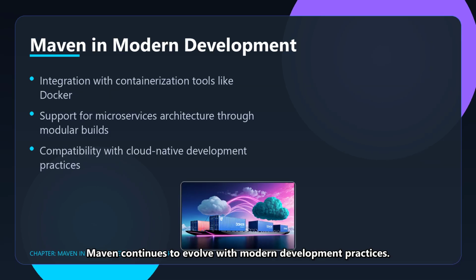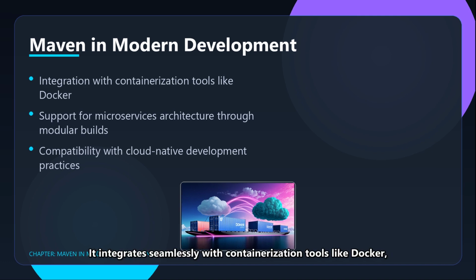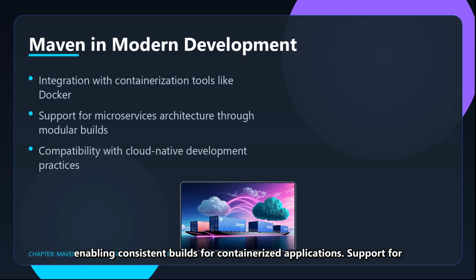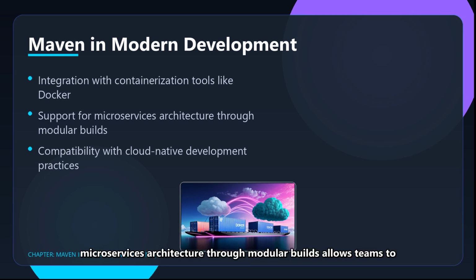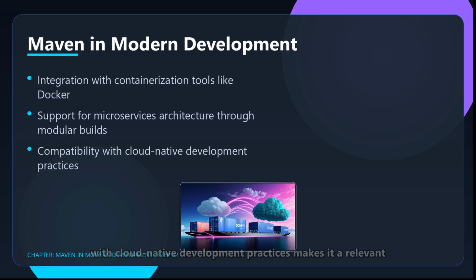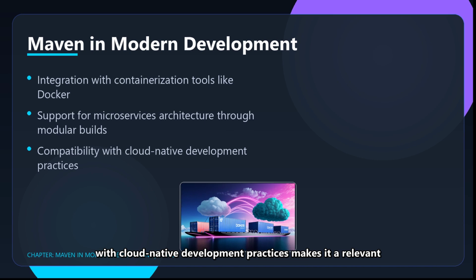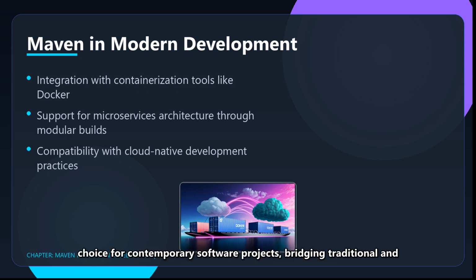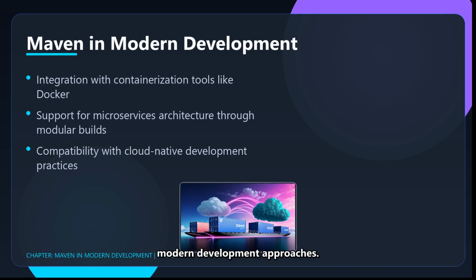Maven continues to evolve with modern development practices. It integrates seamlessly with containerization tools like Docker, enabling consistent builds for containerized applications. Support for microservices architecture through modular builds allows teams to develop, test, and deploy services independently. Maven's compatibility with cloud-native development practices makes it a relevant choice for contemporary software projects, bridging traditional and modern development